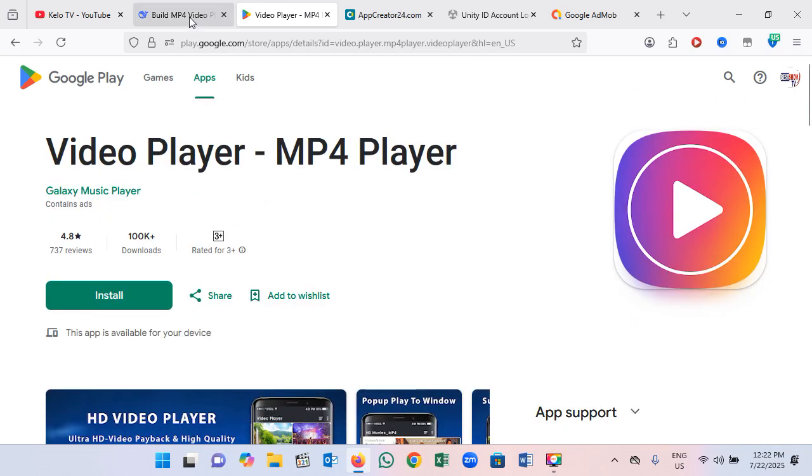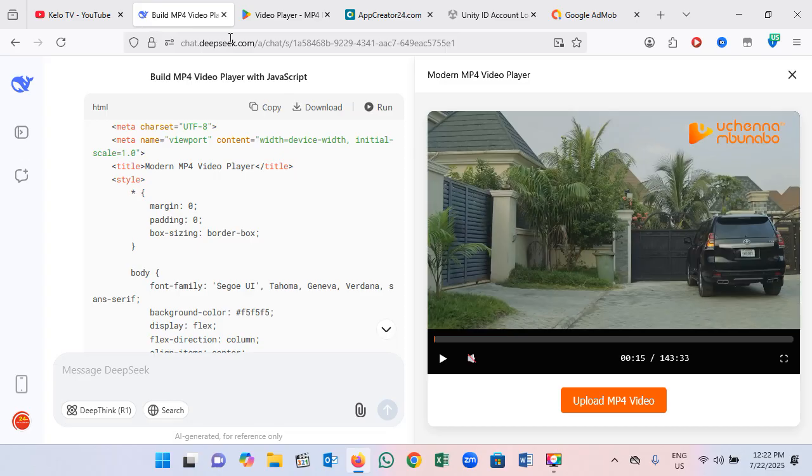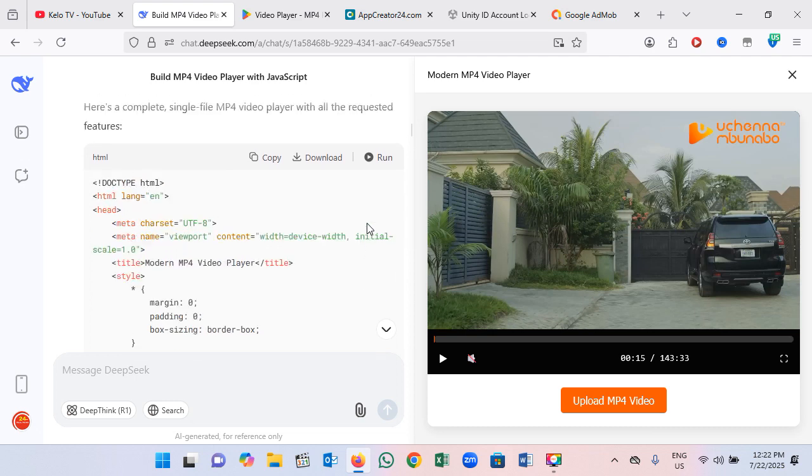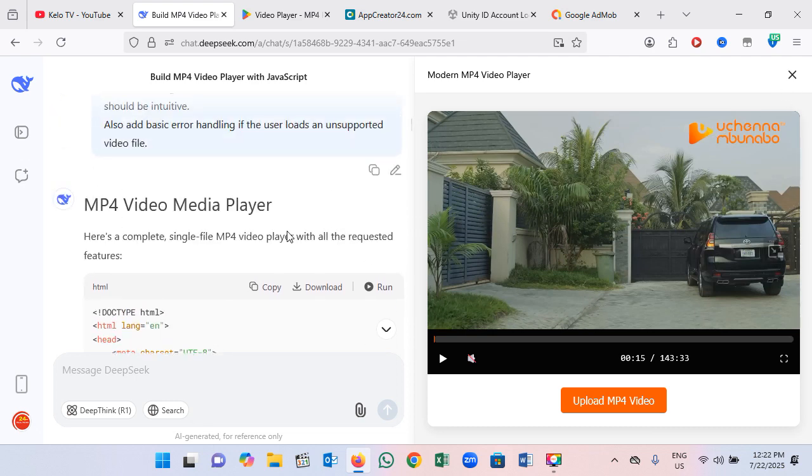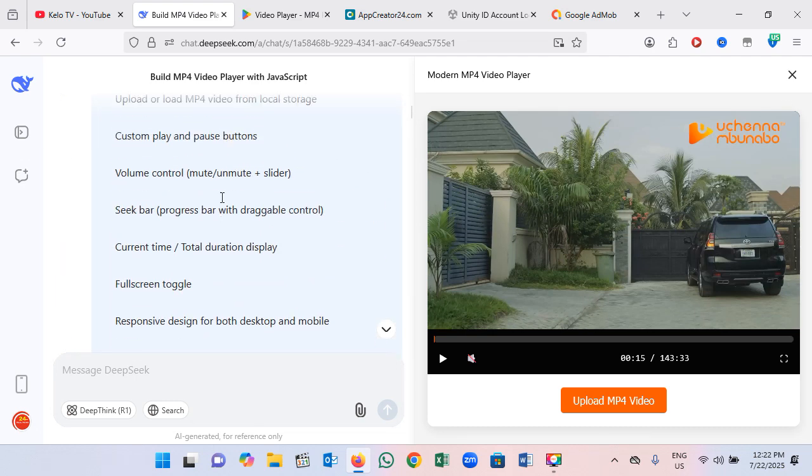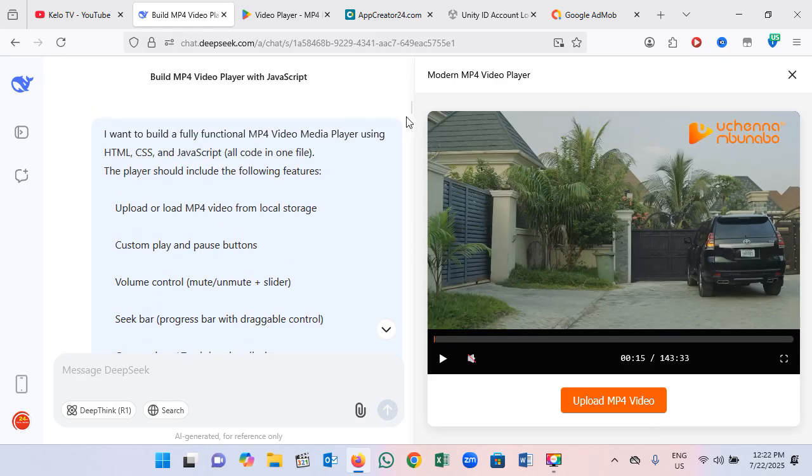So for our own app, we use DeepSeek to write this code to create an app for us. So here, if you look, you see the command prompt which I used. If you need, I can also give you the same thing or tell you what to do to get a similar one, because whatever command prompt you use is what will be for you,